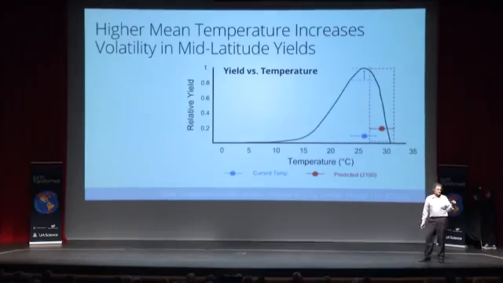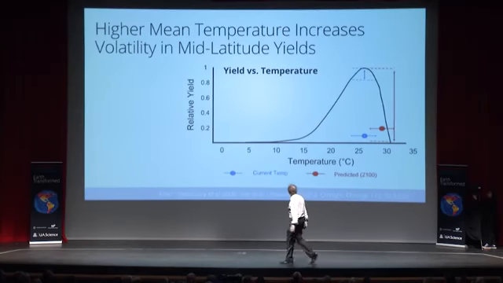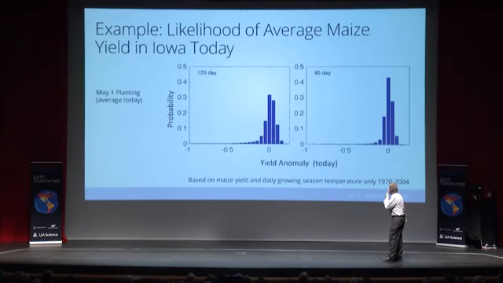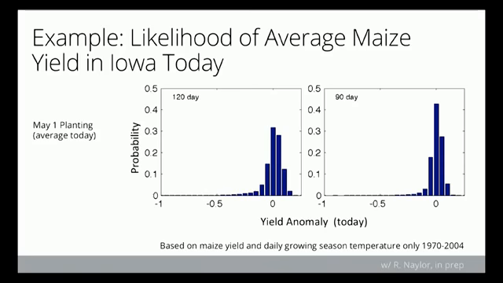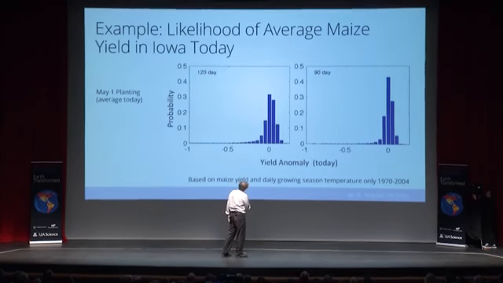Okay, so this is a really serious problem for all of the breadbasket countries in the world: the US, China, Ukraine, Europe, okay? That produce most of the grains in the world. Here's an example. Here's Iowa today, okay? If they plant May 1st, you put in corn, and here's the average yield today, and this is like one of those histograms again. The most likely scenario is that you're going to get your average yield, right? Uh-oh. And there's only a really small chance that you'll get low yields. And there's a little chance here that you'll get high yields.